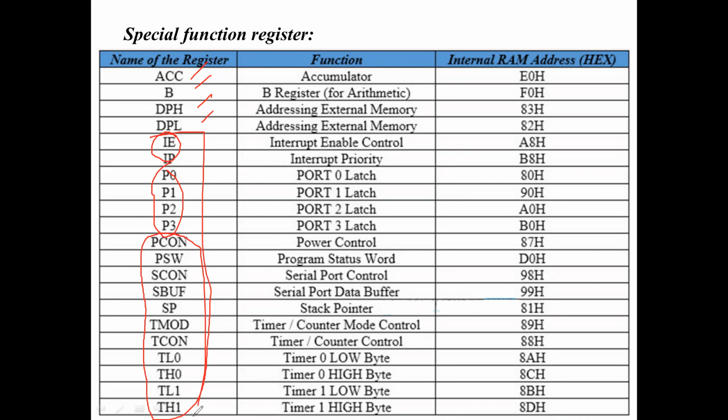That's why we call it a special purpose register, or special function register. Each register has a specific name and a corresponding location inside the 8051. Each register has a special address.